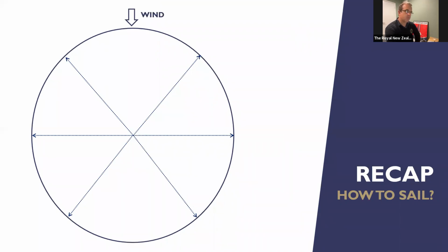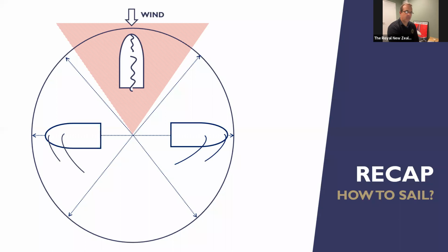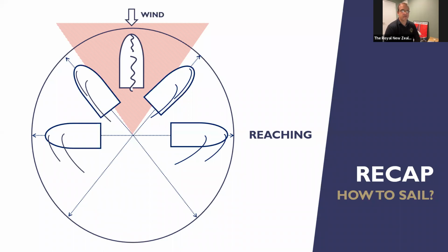So let's have a look at the more complete picture then. We've got the no-go zone at the top, with the wind coming down the screen. And we can see that if we go straight upwind, our sails are going to flap and we're going to stop. We won't actually be able to progress forward like that. We can reach though, have the wind on the side of the boat, and we're going to have the sails about halfway out. We can go upwind on the edge of that no-go zone. And if we do that, then,